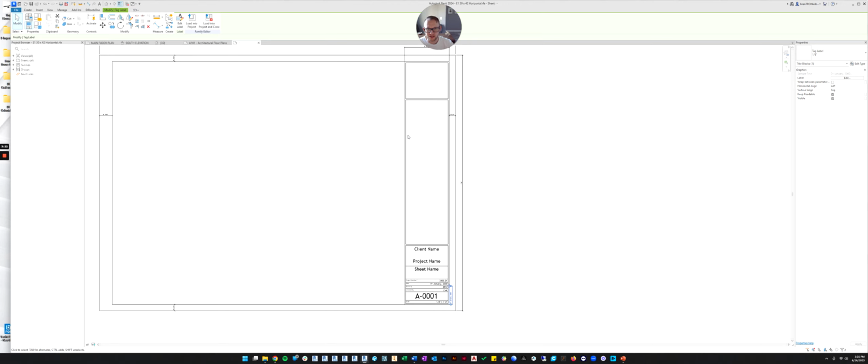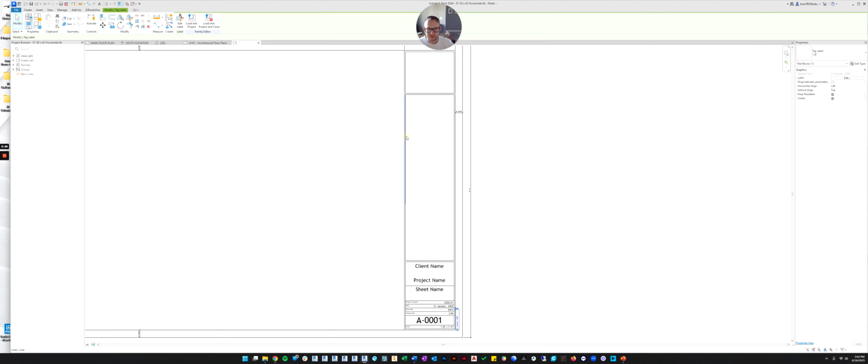So let's get rid of these lines. I don't need that line. And I don't need that line. And this is one solid line, but I want it to be broken up into two lines. So here's a new command that we haven't learned yet.